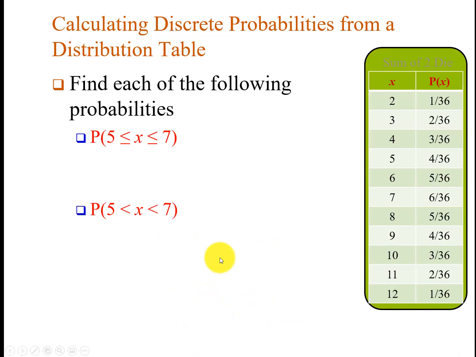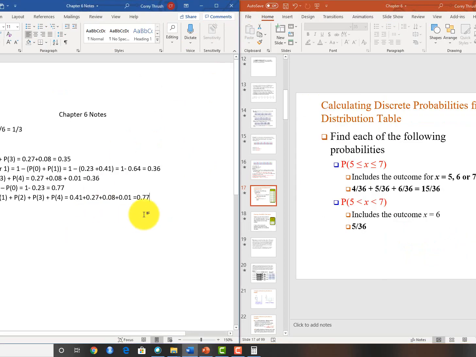So, calculating discrete probabilities from a distribution table, the probability of 5 less than or equal to x, which is less than or equal to 7, well, that includes 5, so it's 4/6 plus 5/6, so probability of 5 less than or equal to x, less than or equal to 7, that equals, because we want to include the x here,